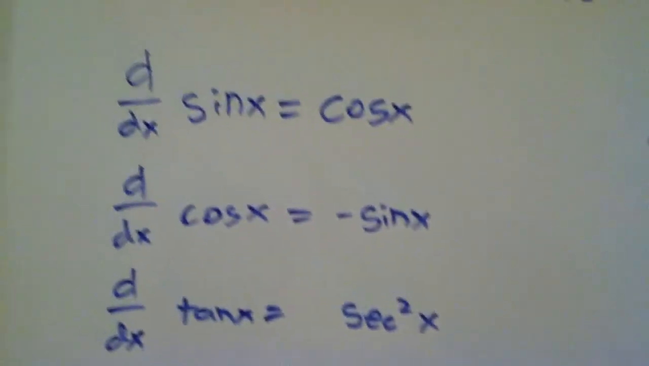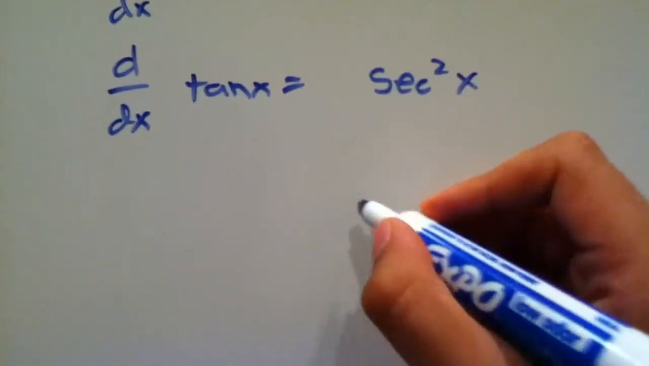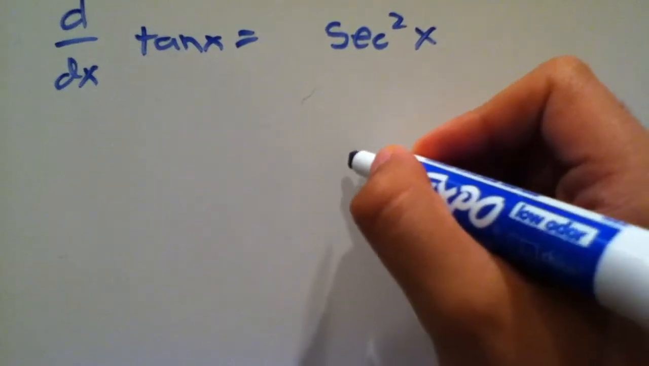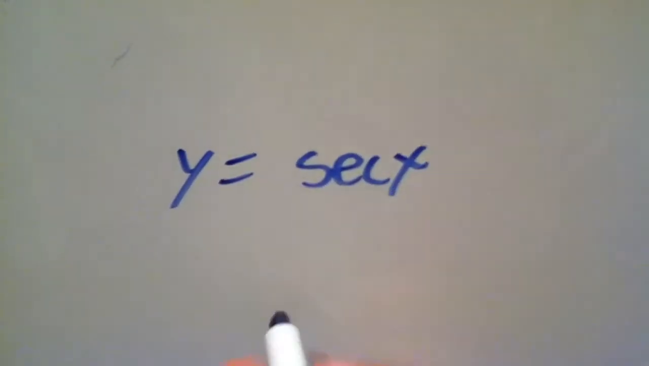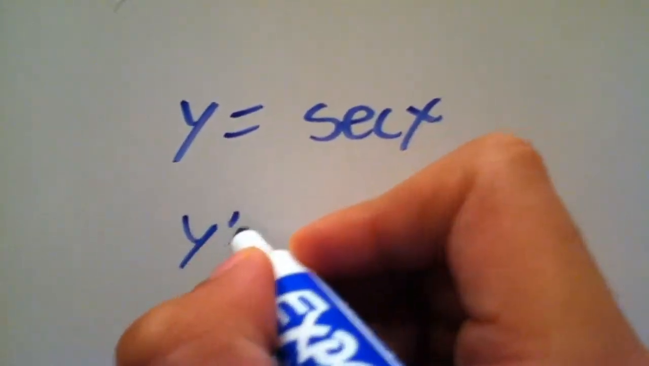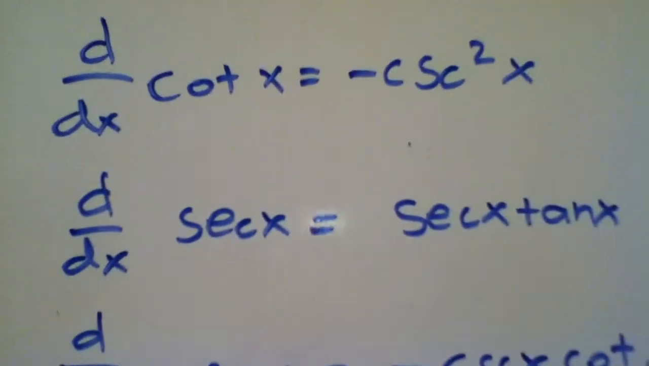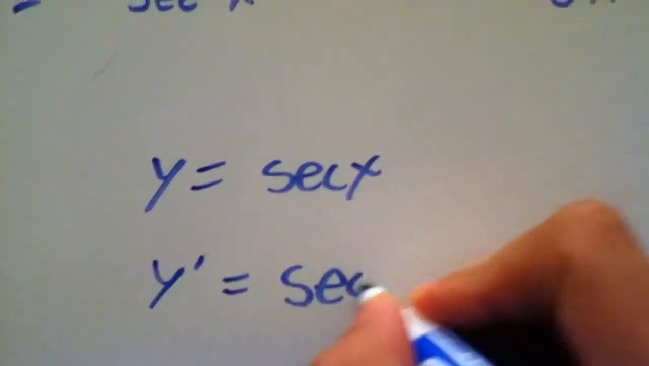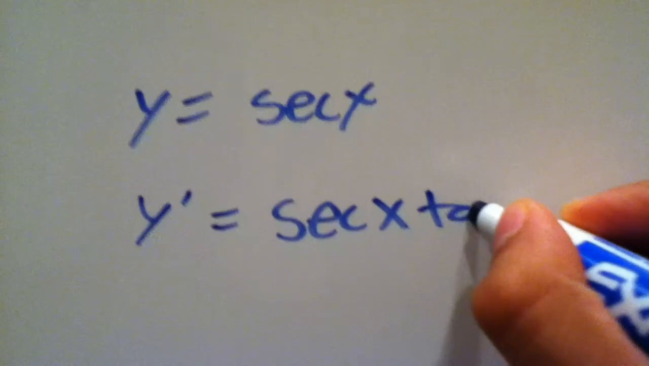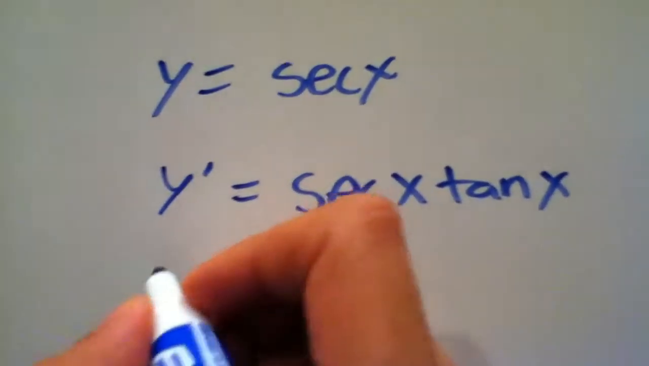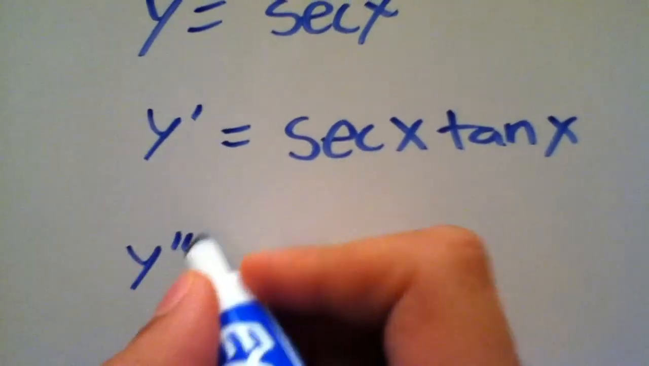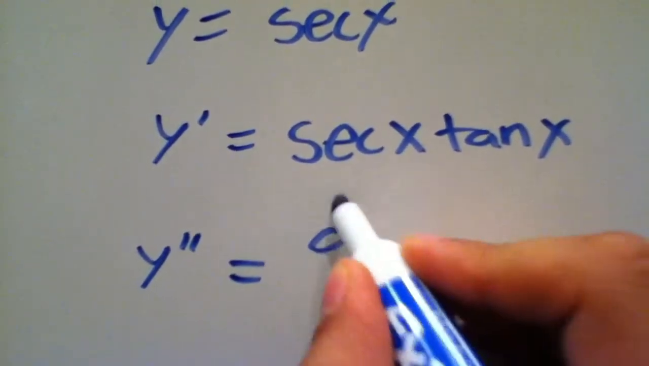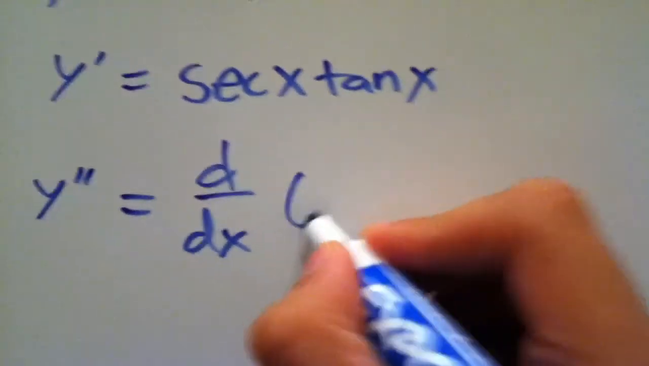Now let's try an example. Let's try to find the second derivative of y is equal to secant x. And we know that the first derivative, y prime, is equal to secant x tangent x. So the first y prime is just secant x tangent x. But we want to find the second derivative. So the second derivative, this is the notation y double prime, is equal to the derivative d over dx of